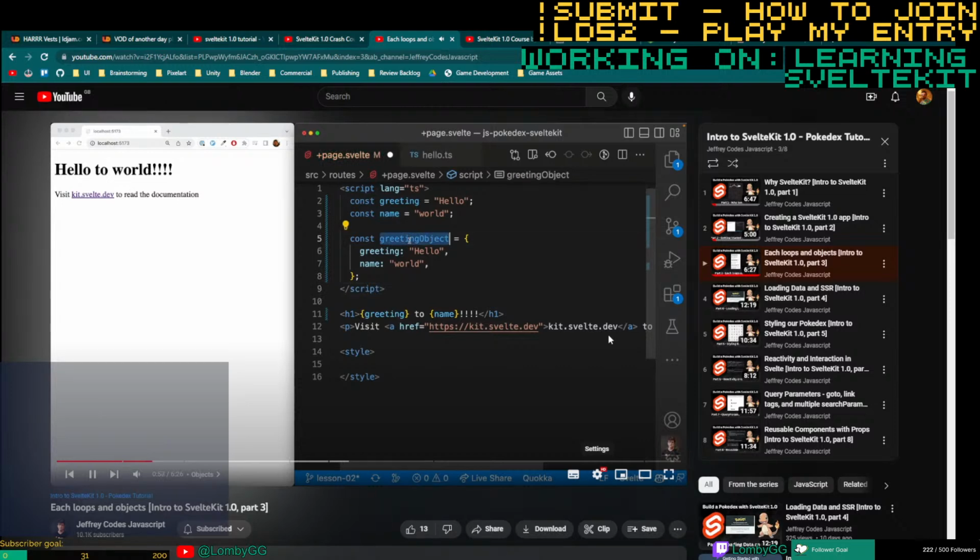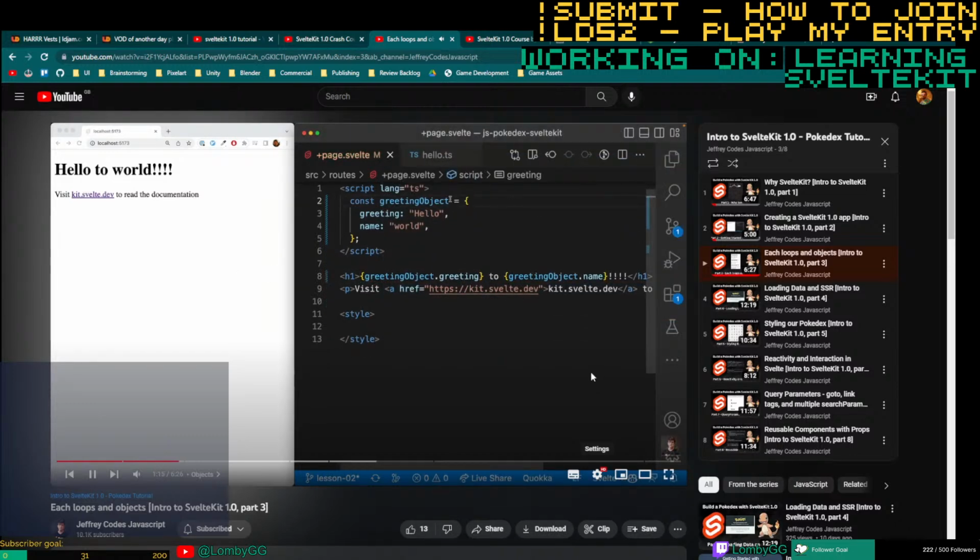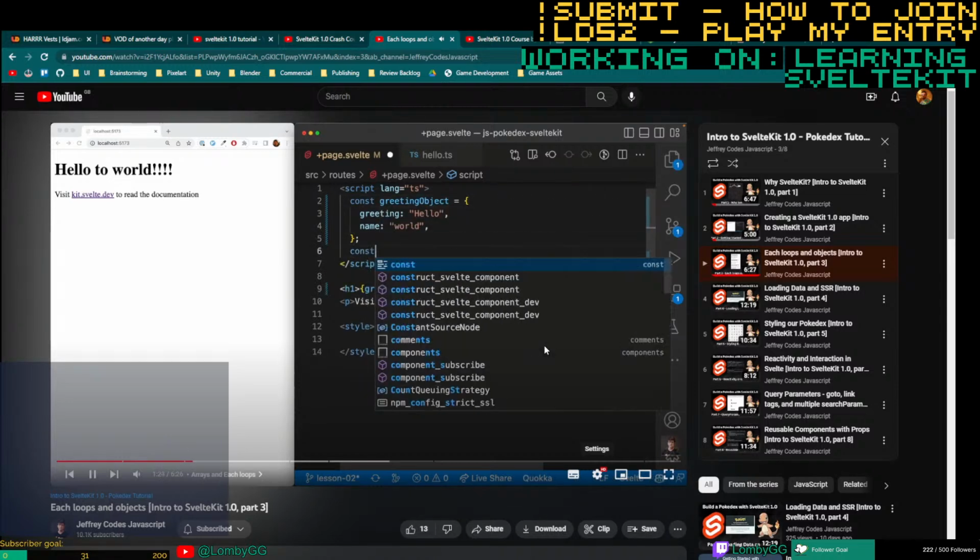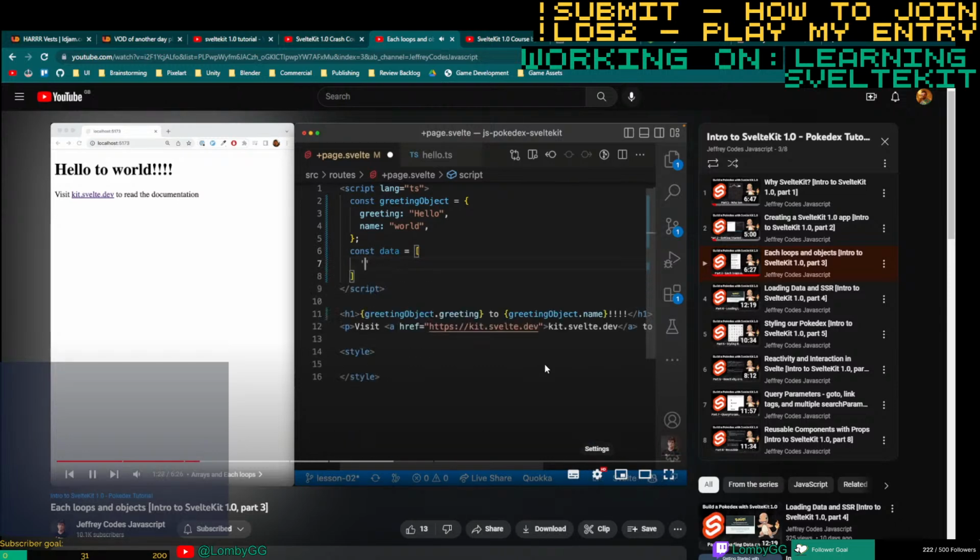We pass it along together. It's grouped together nicely, and we can access that in a template just using a dot here. There we go. Nothing changes because this is working just as it was before. All right, fantastic. Nothing really surprising here. Next, we're going to go over loops and arrays. So let's go ahead and do a data array, and we'll put in, let's say, for example, yellow and red